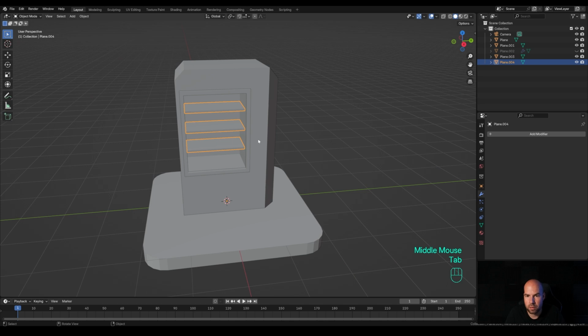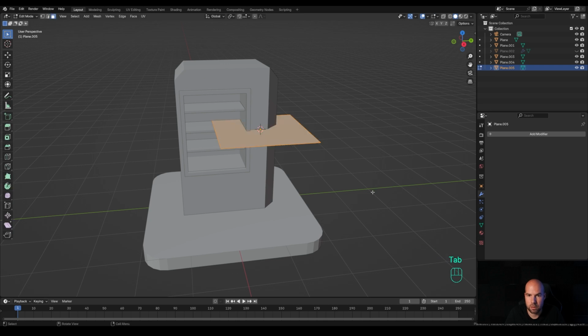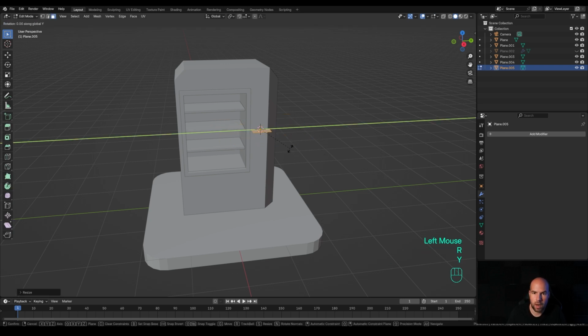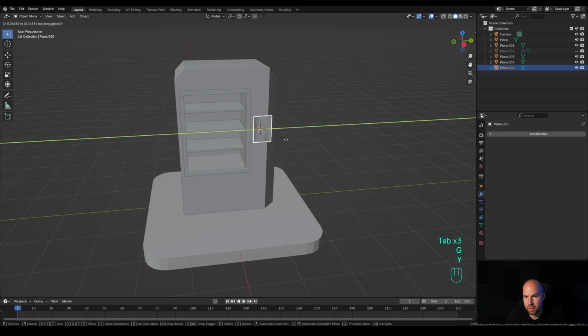So now we can tab out, let's Shift and right click to move the cursor here, let's press Shift A, add a plane, tab into the edit mode and press S to scale it down. Then R and Y and 90 to rotate 90 degrees, and we can press S then Z and scale it up. This will be kind of display or something, so let's tab out, press G then Y, I'll move it to the side a little bit,